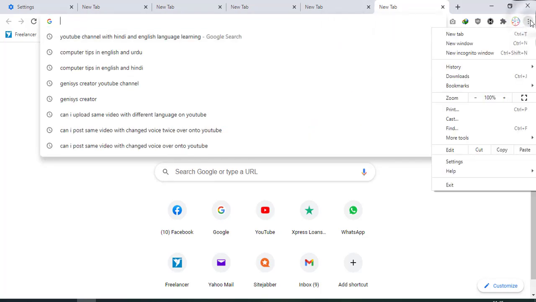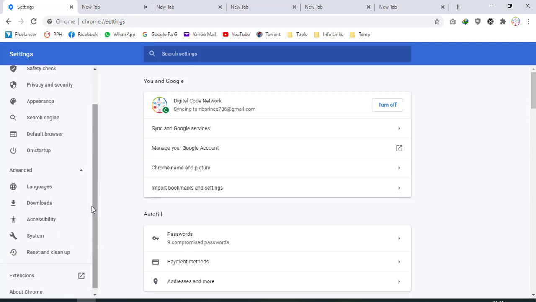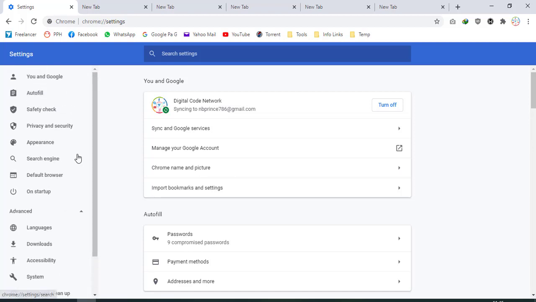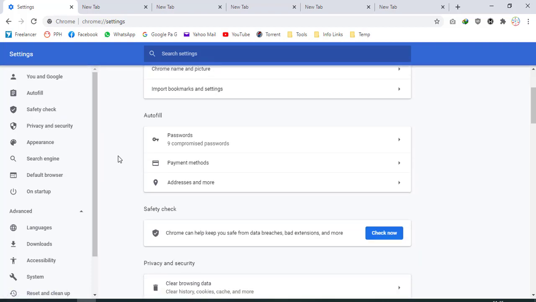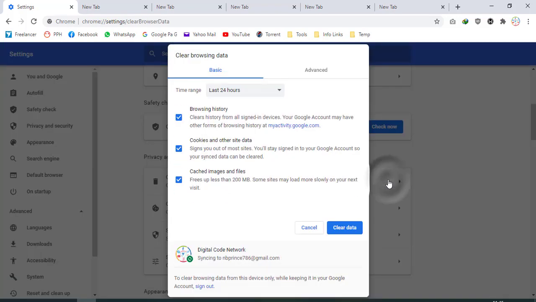To clear the Google Chrome cache, I will go to Chrome settings, and from here I can find clear browsing data. Just scroll a little bit down, and here you will find clear browsing data.